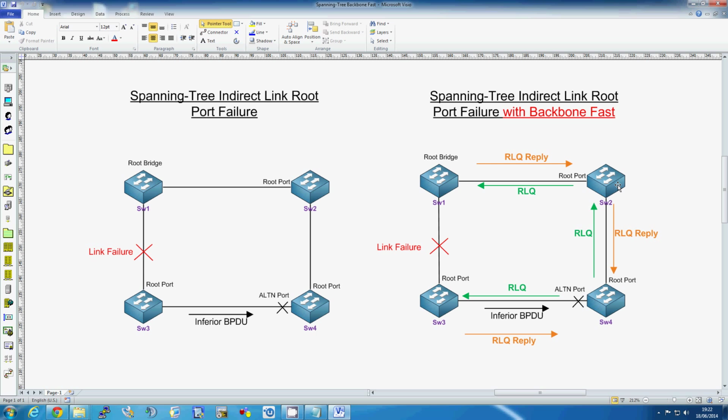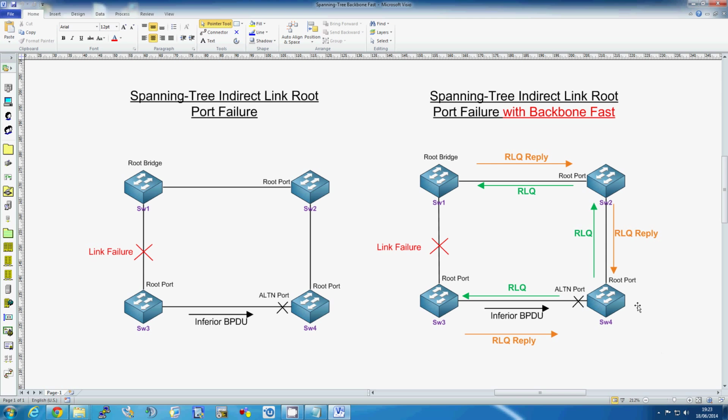When switch 2 receives the root link query BPDU, it's again going to compare what he believes is the root bridge to the information sent from switch 4. They both agree on who the root bridge is, and instead of sending the root link query reply, it sends the information upstream toward the root, which would in this case actually be the root itself. As switch 1 is the actual root, the information that was sent lists himself as the root bridge. He starts sending the root link query reply downstream towards switch 4. Switch 2 is going to relay that information down to him,